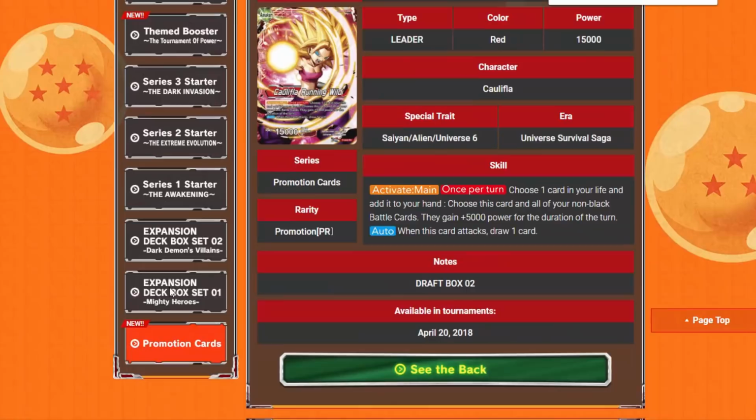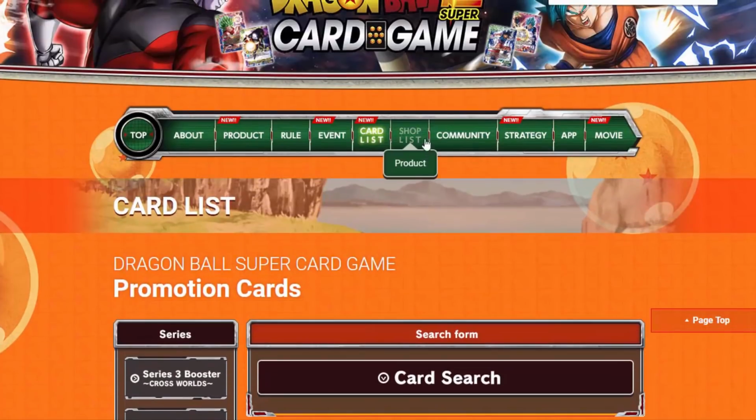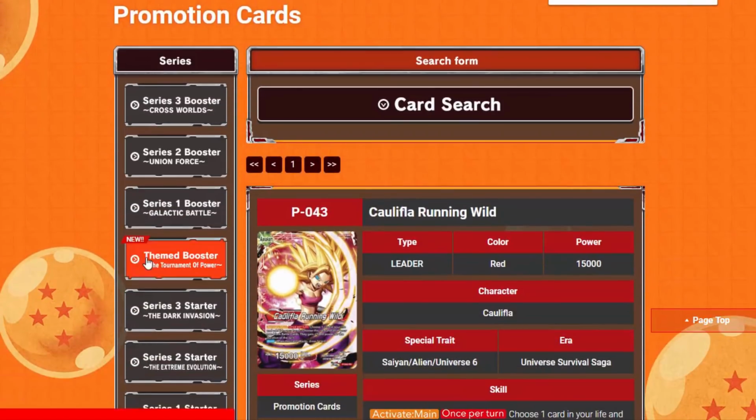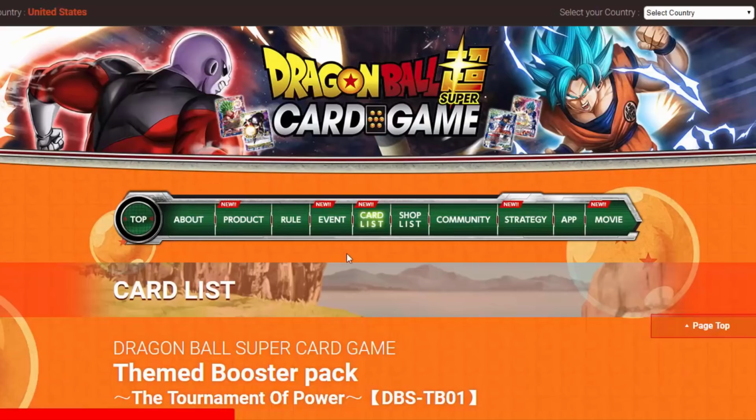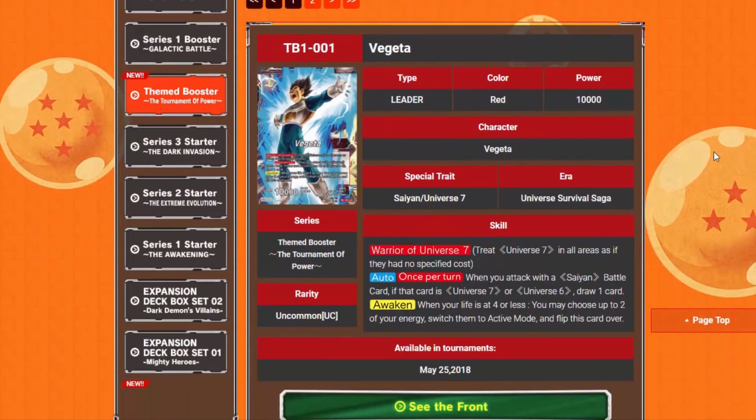So with that, that does it for our draft leaders. Now we're going to go ahead and take a look at the Tournament of Power. Alright, so we do not have everything released for this set yet, but we do have some